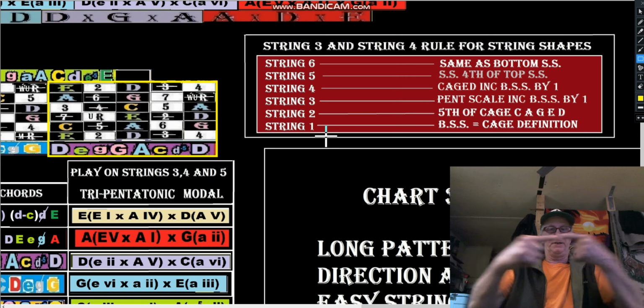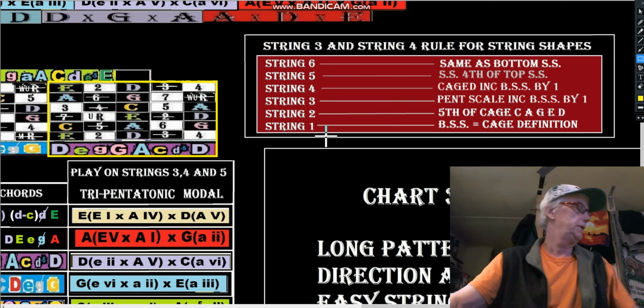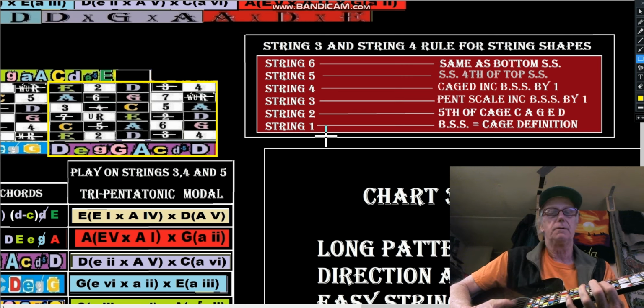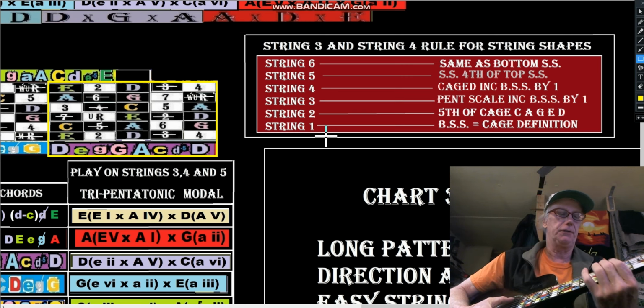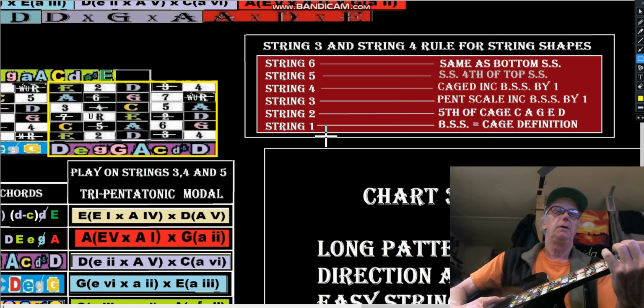Now that works both ways too. It works up and down, and it works right and left in cages and in string shapes. So if I've got an A string shape here, go up from the A string shape is the E string shape. Go down would be the 4th of the A string shape, would be the D string shape. 2, 3, 4, so A string shape's 5, 6, because it's the bottom string in the A cage, which is that Mixolydian cage. Okay, where'd that come from? With an A,